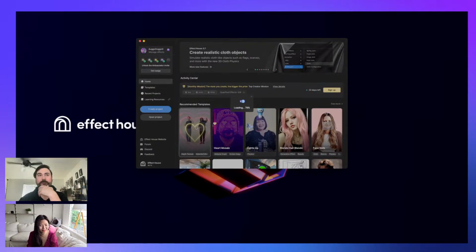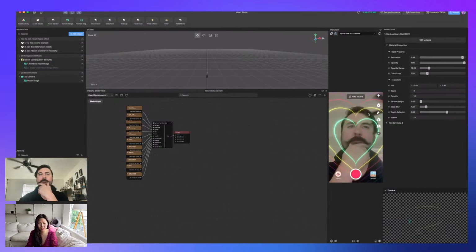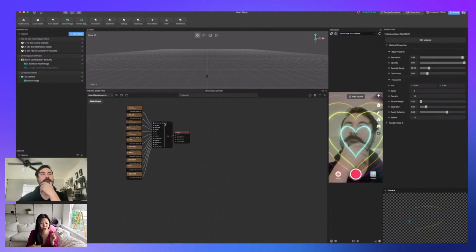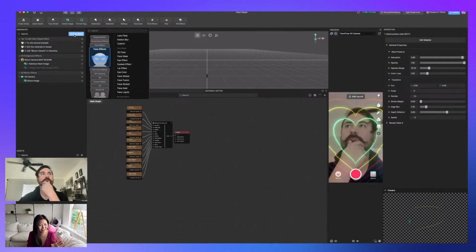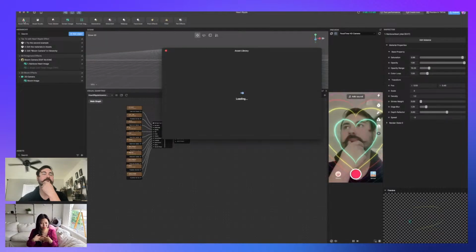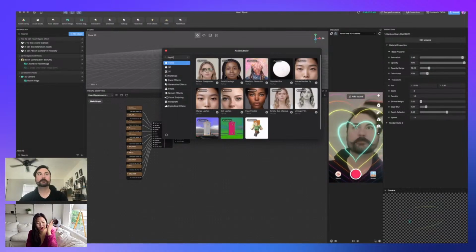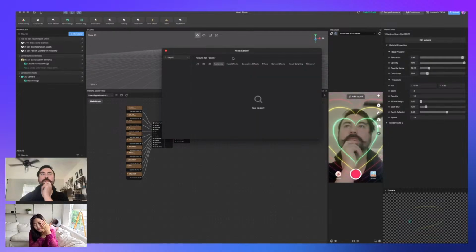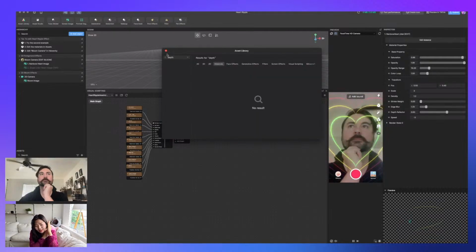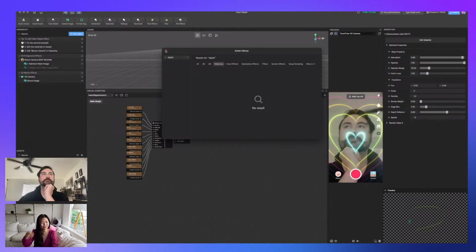But basically, to give a little bit of a preface, Effect House introduced a new feature where it AI generates a texture map, and you can add it if you go to the asset library. So Melody has created this wonderful template where it detects and projects the heart to the person. I think this is the cutest effect ever. And if you see the edge of August right now, there's ripples of hearts going in, and you can see that it's meshing and projecting on the person's body instead of just being a 2D image. So anything to add for August?